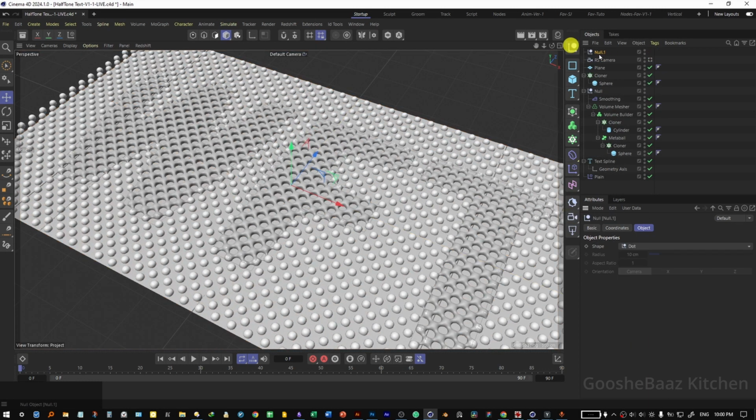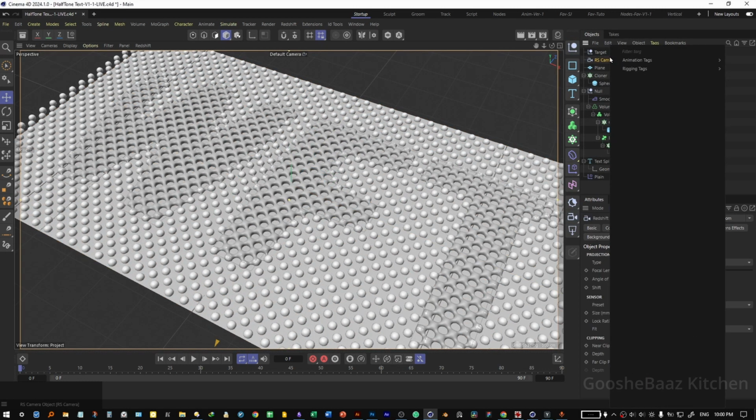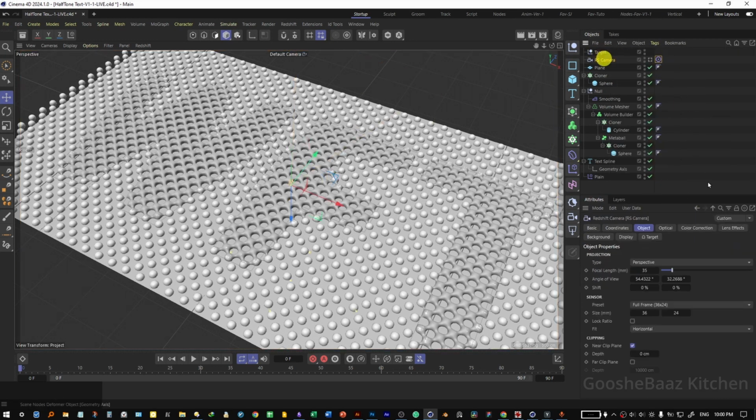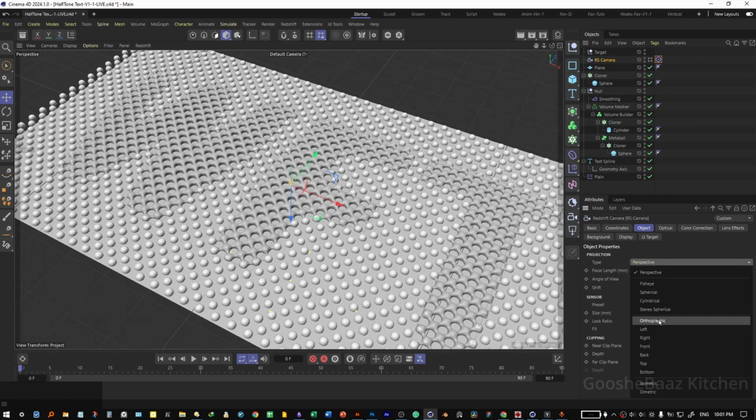Add the camera to the scene, add a null to the scene, rename the null to target, add a target tag on this camera, alt 0 on the camera, drag and drop this null as a target object into the target null on the camera, select the camera again, change the type from perspective to orthographic, drag the camera out